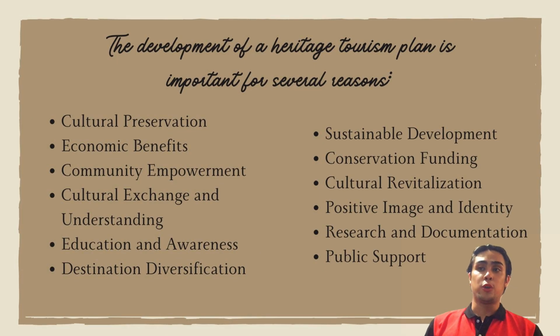Why do we need to further develop heritage tourism planning? So here are some reasons to convince you. First is going to be cultural preservation, economic benefits, community empowerment, cultural exchange and understanding, education and awareness, destination diversification, sustainable development, conservation funding, cultural revitalization, positive image and identity, research and documentation, and last is going to be